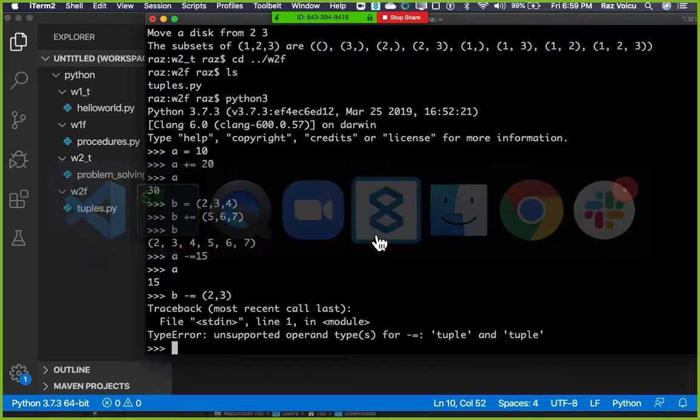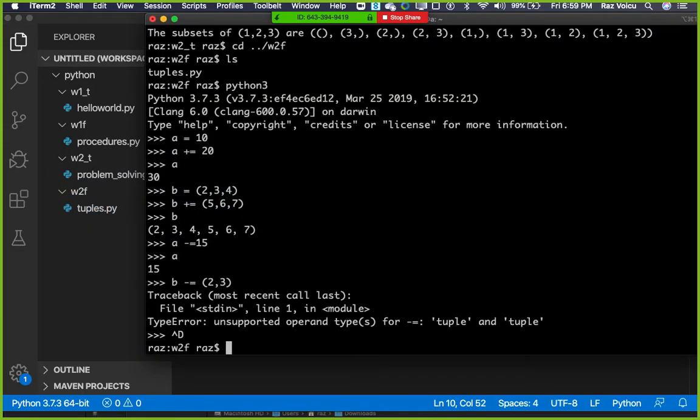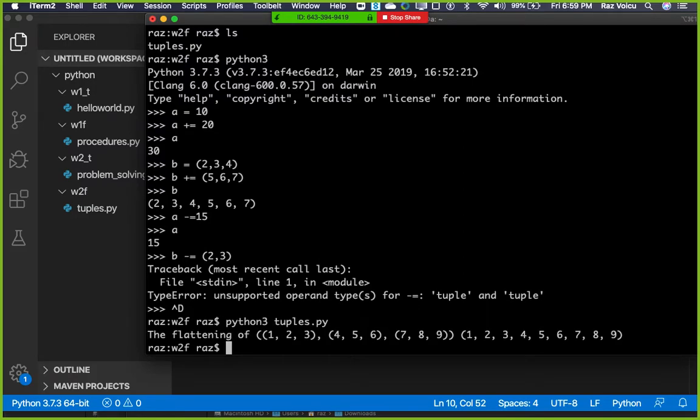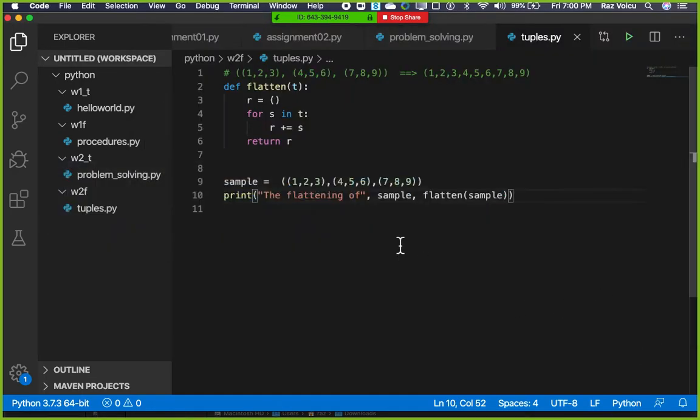Okay, so let's run this quickly. I'm going to exit from here, and I'm going to say Python 3 tuples, and this is the result, which is what we expect. I forgot to say the word is here. This would have been good. Now, the interesting thing is,